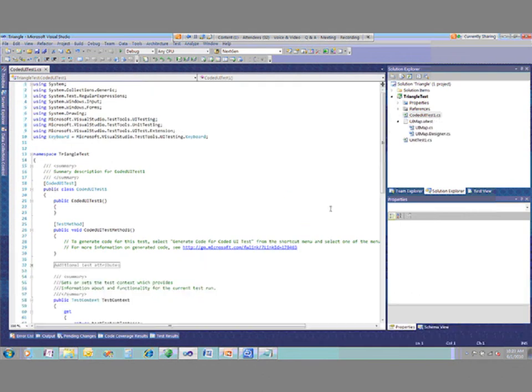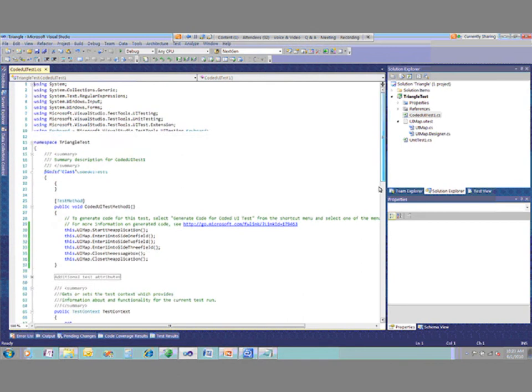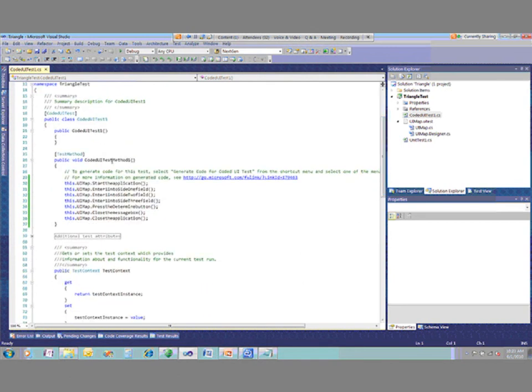And then you'll notice what it's done for me. I would want to rename this if I was doing this in real life, but it's pulled in all the test steps that I recorded. So you'll notice in the test case itself, I start the application, I enter 1 inside 1 field, enter 1 inside 2 field, enter 1 inside 3 field, press the determine button, close the message box, close the application. Pretty straightforward, but